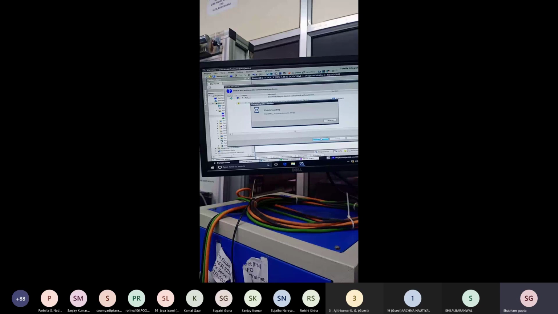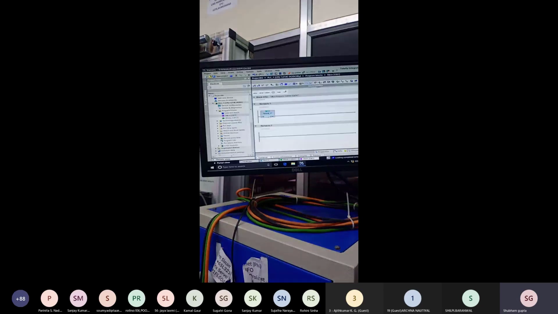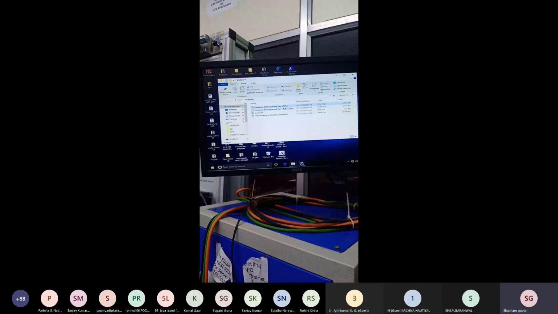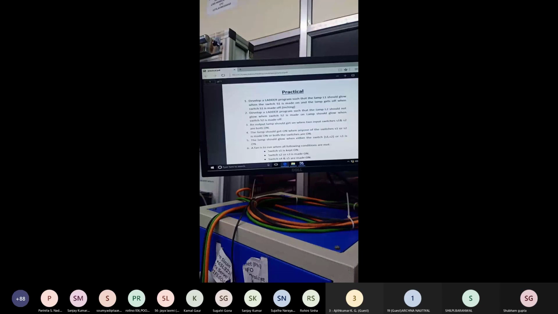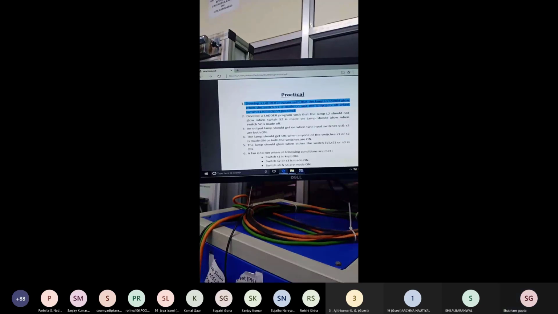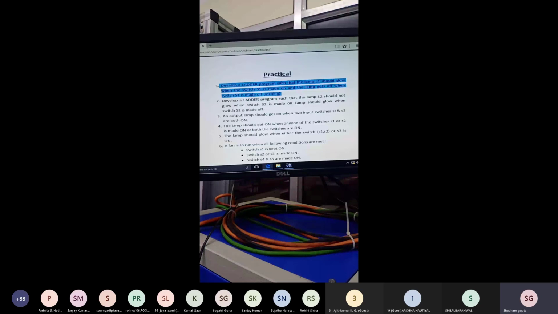Okay. We program in the FC block. We have some example programs for the PLC. First read the first question. Develop a ladder program such that the lamp L1 should glow when switch S1 is made on and the lamp gets off when switch S1 is made off.